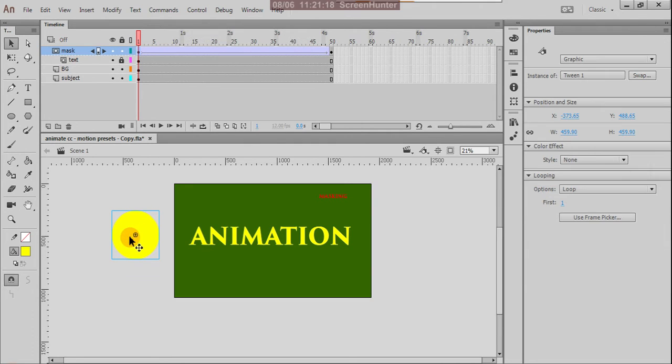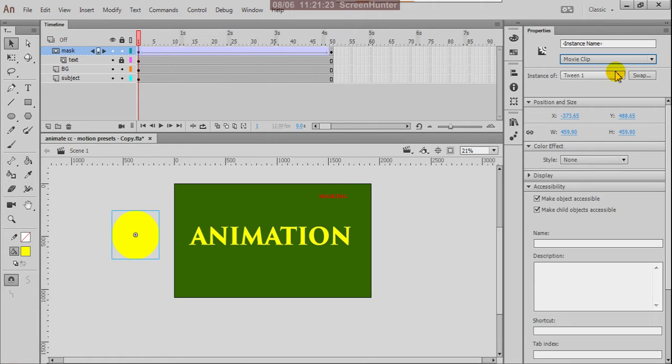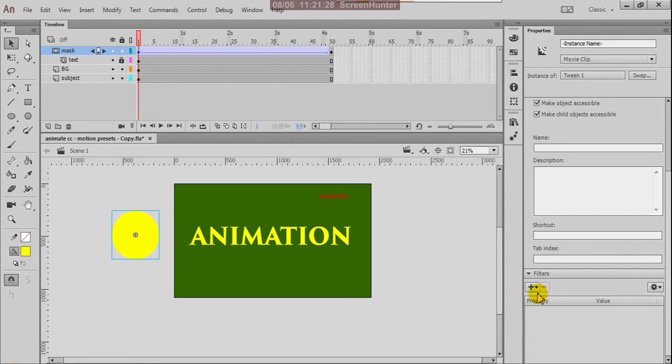So what I'm doing here is, stop this graphic symbol, you can click to movie clip, so that you can use the filters. Click here and add, suppose, a drop shadow. The drop shadow is added here, the angle is this much, and you can give the distance here.